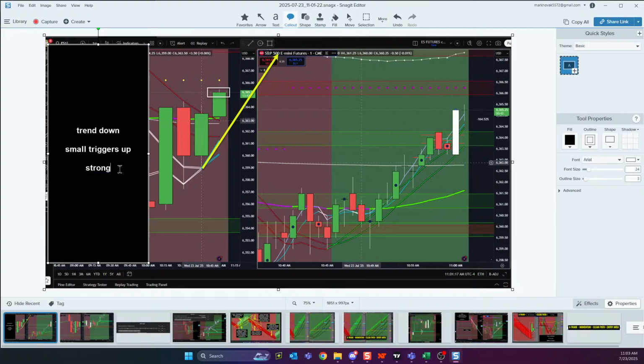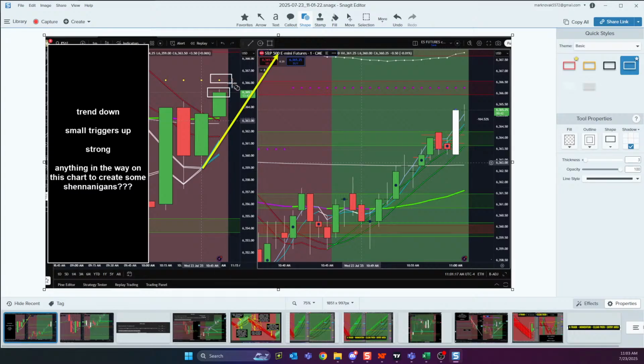And now my next question. Anything in the way on this chart to create some shenanigans? Well, I haven't reached these one-to-ones, right? But we're not there yet, right, Pablo? So they're in the distance, they're on my radar, and I'm above mid-bands and VWAPs. So with the strong side, with everything, this is up, strong side, and I've got room to trouble. And my trouble's right about here on the large chart. Are you with me?